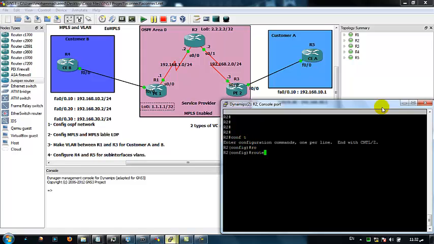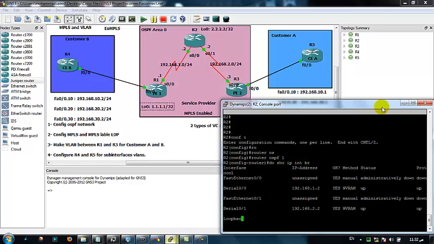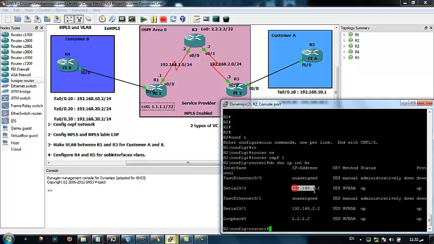conf t, router OSPF 1. I want to advertise. Before that, I just want to do show IP interface brief, just to see what we have here. I want to advertise this network and this network, and also this loopback interface. So now I want to